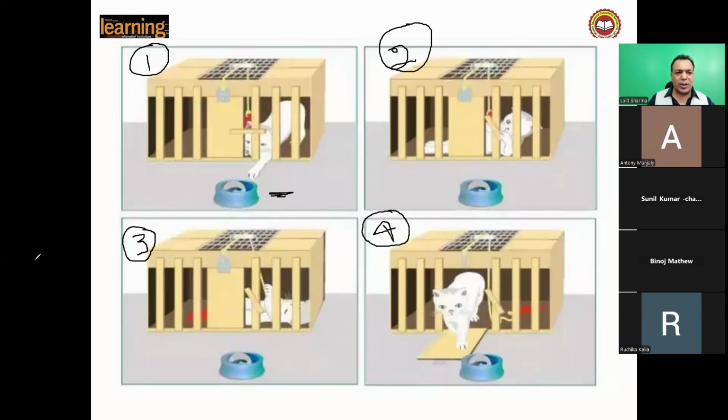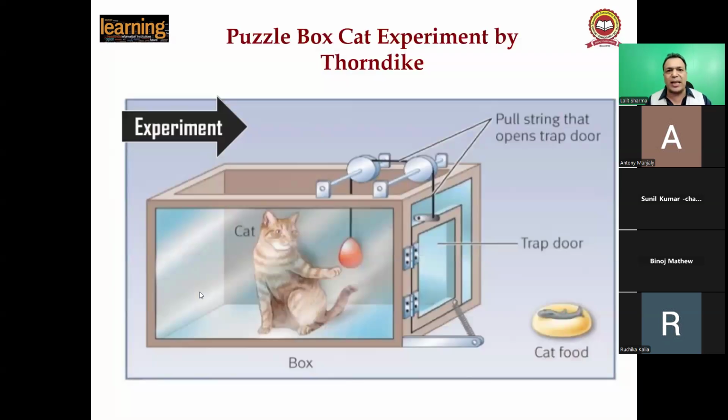Okay, you got it? Now see what happens. Thorndike did the same experiment once again, the same experiment a second time. He kept the cat into the cage. The cat was hungry. After some hours, food was placed near the puzzle box. The smell of the fish worked as a strong motivation for the cat to come out of the cage. The cat started scratching, hitting at the bar, and ultimately pressed the lever and came out of the puzzle box and got the reward. And the third time, the same actions repeated, for the third time, fourth time, fifth time, sixth time.